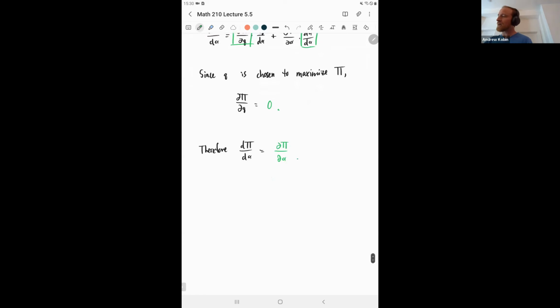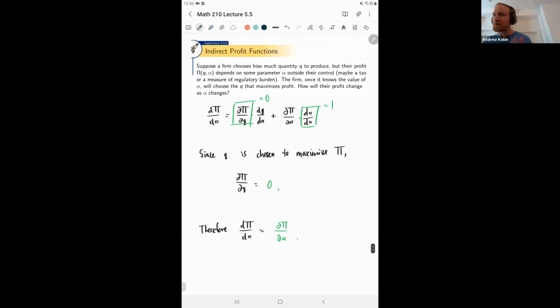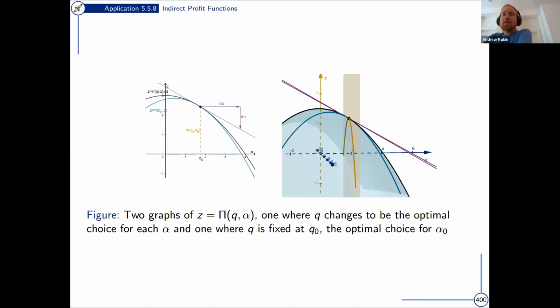So there's not much more to say there, but if you chose some actual values here, you could quickly deduce things about the situation just using this insight that we just developed. So I'm going to wrap things up soon. And here's a graph of what's potentially going on in the previous example, which is if we choose our q variable that is supposed to optimize the total profit, you can see that in the